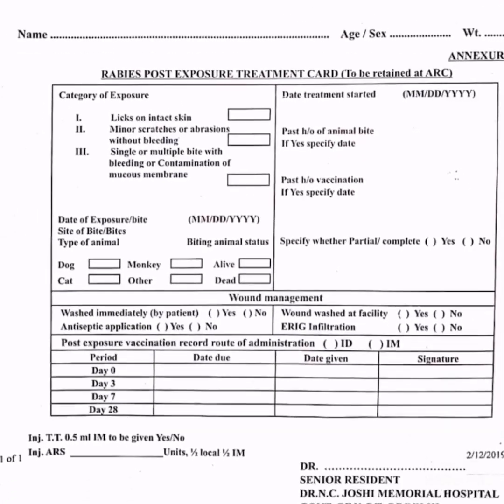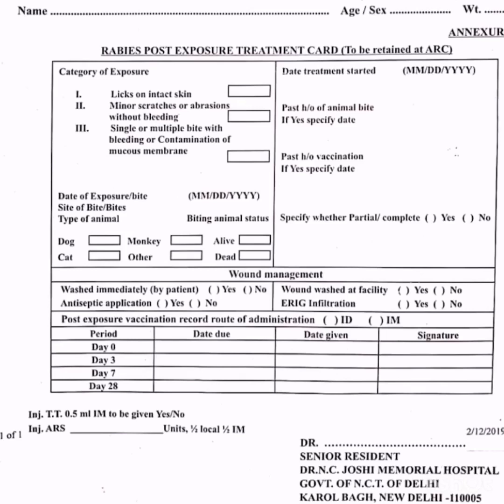That's very important. So when the patient comes to us, first we will write the history of the case. Secondly, we will give TT. DT has to be given to every patient. And if the patient lands into category 3, you will give ARS also, anti-rabies serum. This day 0, 3, 7, 28 was ARV, anti-rabies vaccine. And for category 3, you give ARS, anti-rabies serum. Half you give locally at the wound and half you give intramuscular. That's very important. This is the basic immunization card you need to know.